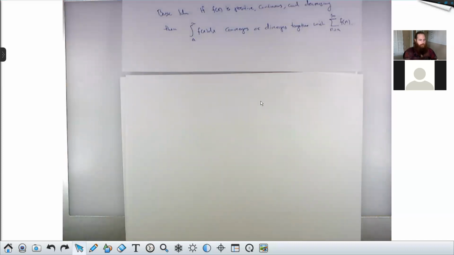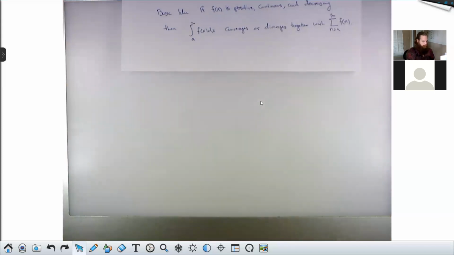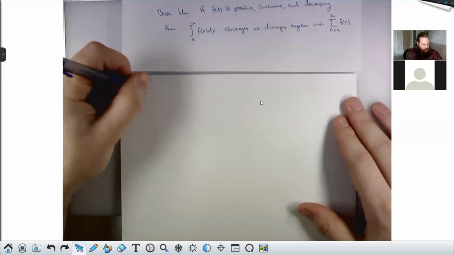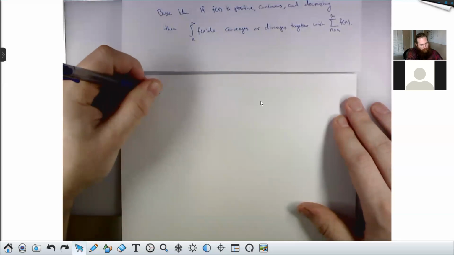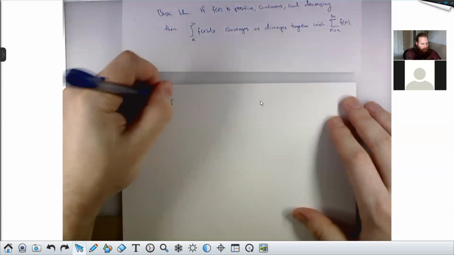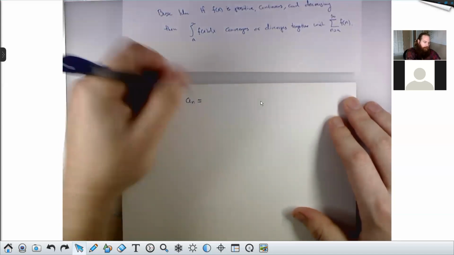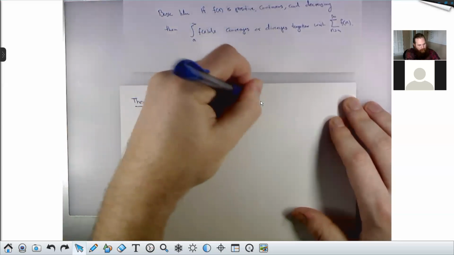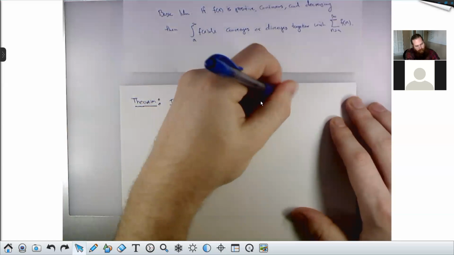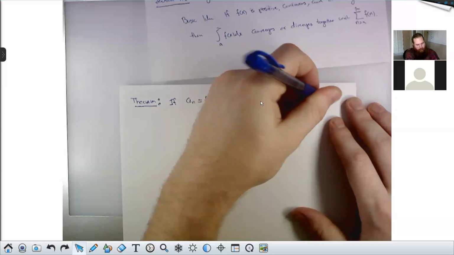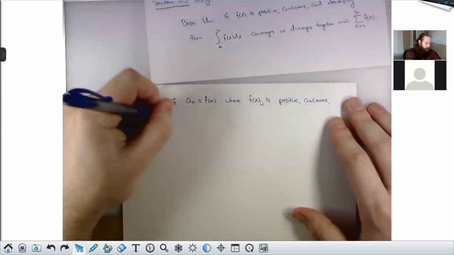Right, so here, let me state the theorem exactly as it is. So theorem. Remember, some sequences we can think of as dots along the graph of a continuous function. So here's the idea. If an is equal to f of n, where f of x is positive, continuous, and decreasing,